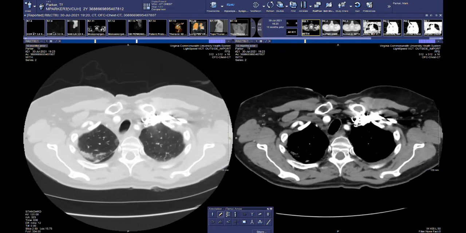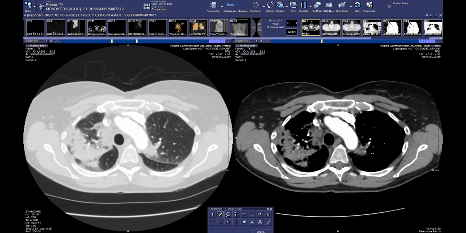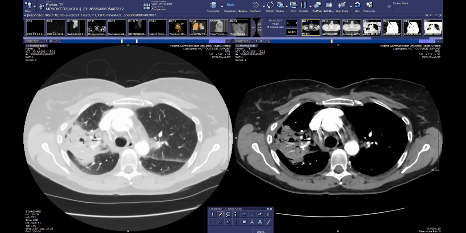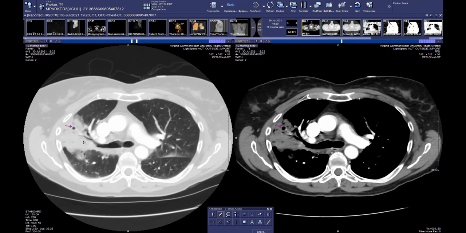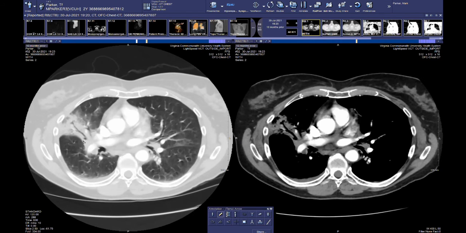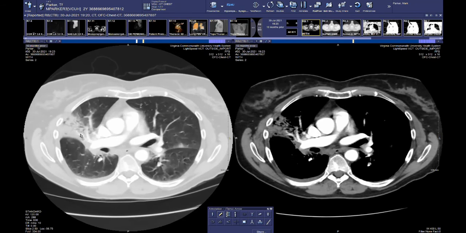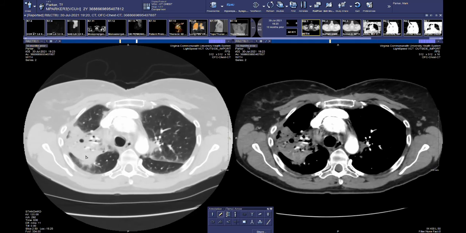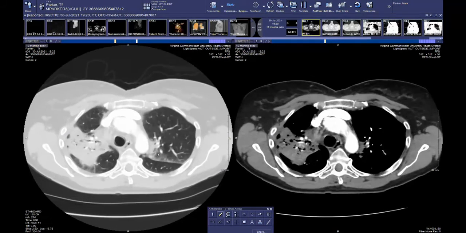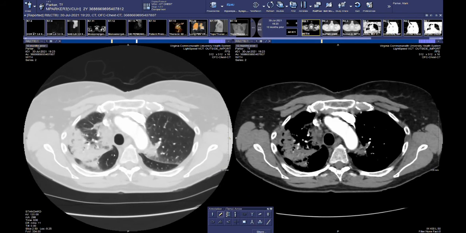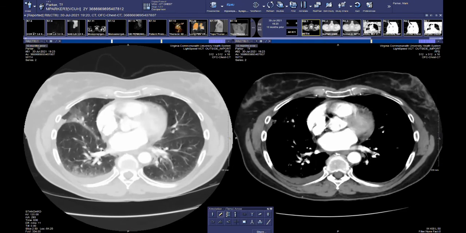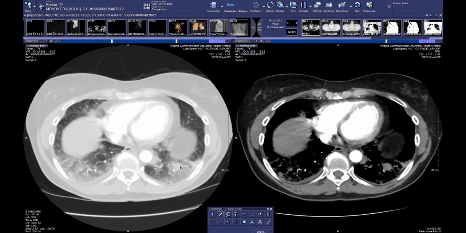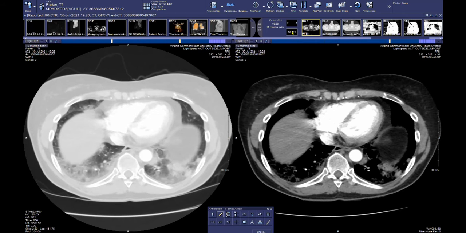Her lung windows are much more interesting. If we scroll through the upper lung zones, you can see there's evidence of right upper lobe airspace disease with concomitant volume loss and subtle areas of evolving cavitation necrosis in the right upper lobe airspace disease. This disease extends into the right middle lobe with associated peribronchial vascular bundle thickening and traction bronchiectasis. So right upper lobe airspace disease, consolidation surrounding ground glass, areas of cavitation. You can also see there is disease evolving in the apical posterior segment of the left upper lobe. And as we scroll down into the lower lung zones, patchy, predominantly peripheral and peribronchial ground glass in the right lower lobe and evolving nodular areas of consolidation in the left lower lobe.